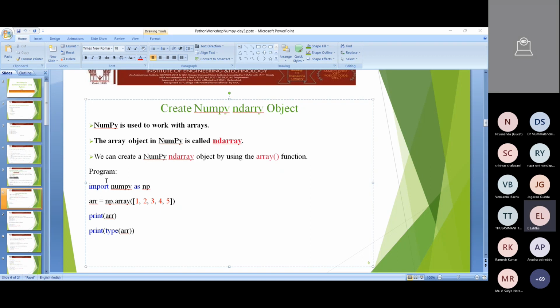Again, the type is the same. I'll remove this one. Now, what is n-dimensional? This is 2-dimensional, right? For this, simply,